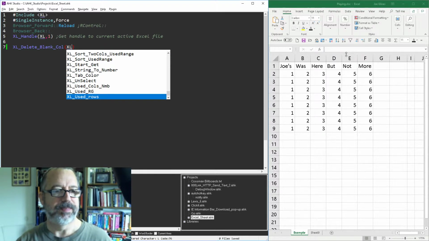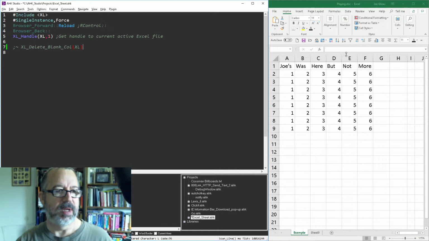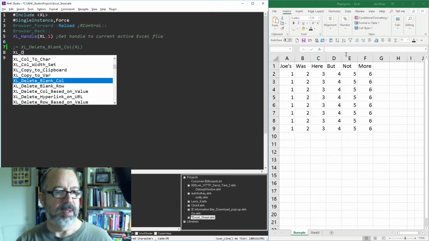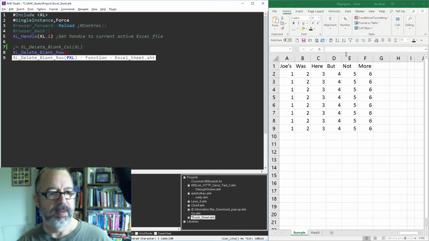Of course, let's comment that out. Delete blank rows. I know there's no blank rows at the moment, but Excel delete blank row, because it should